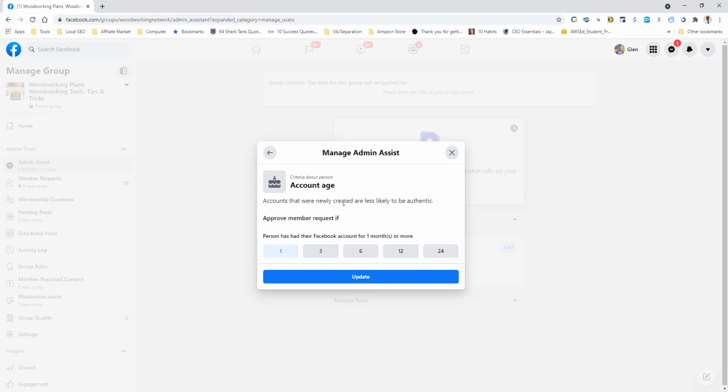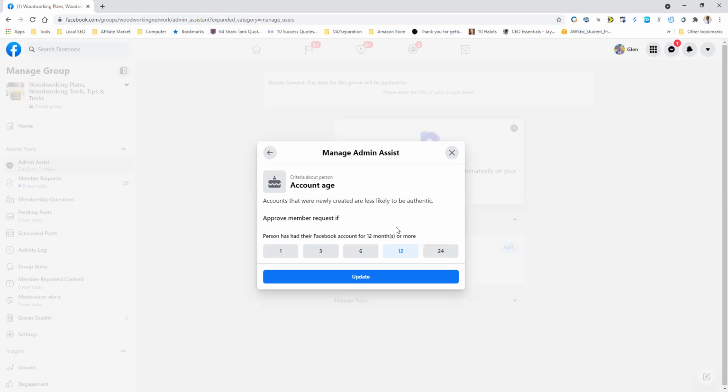Facebook has been around for almost 10 years now. So if you don't have a Facebook account by now, chances are you're just getting on it, or you've had a Facebook account for a long time. The average Facebook account is 5 to 6 years old. So for someone to have one that's been set up within the last month is suspect, and it could be spammy. So usually I go with 12 months or more. At least have your account for a year.